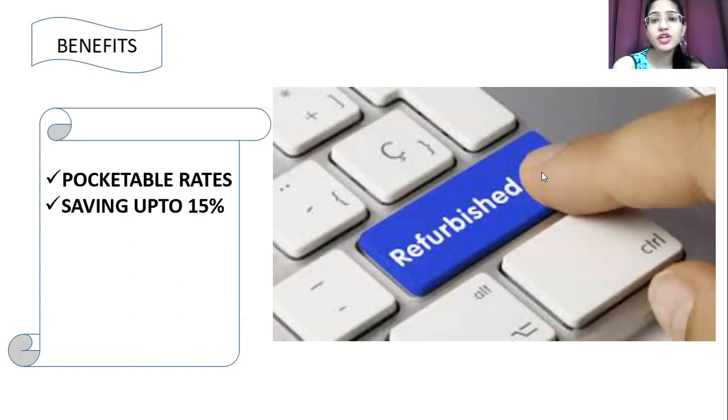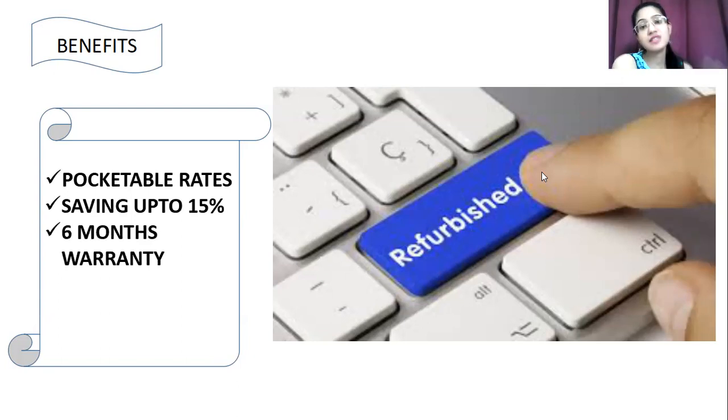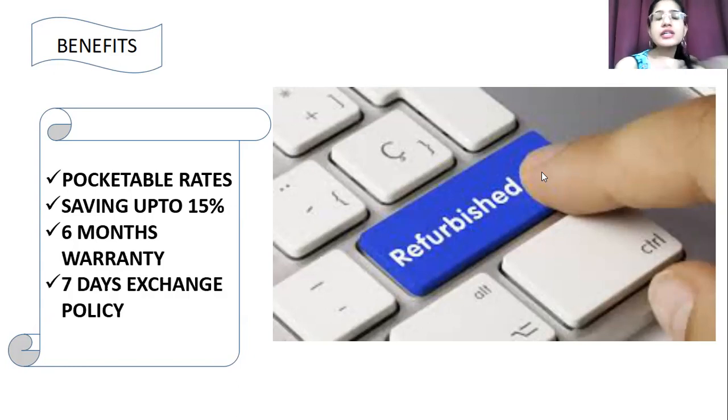We already know that brand new products offer you 1 year warranty, but when we own any pre-owned gadget, mostly we don't get any warranty period. But if you have a category of refurbished, then you get a warranty period of 6 months also. Apart from that, you also get to have 70 exchange policy. So these are the two additional benefits of this site as well as this product. When we talk about refurbished gadgets, the refurbished category here, then you get 6 months warranty and 70 exchange policy also. So these are the benefits of having refurbished products over brand new.